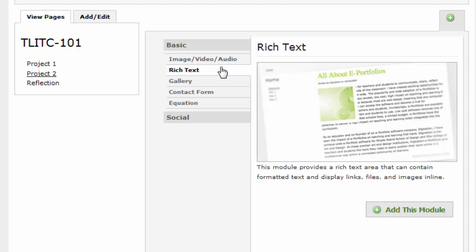Rich text. This module is a lot like a Word document. You can write text in there, you can change fonts and sizes. You can also add in pictures and videos between the text. Really, you can do most of what you need to in a rich text module. But you also have